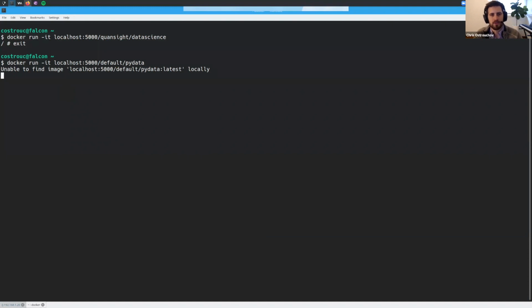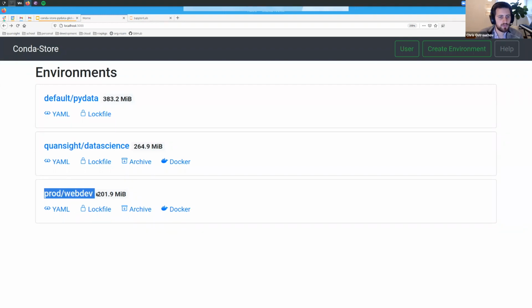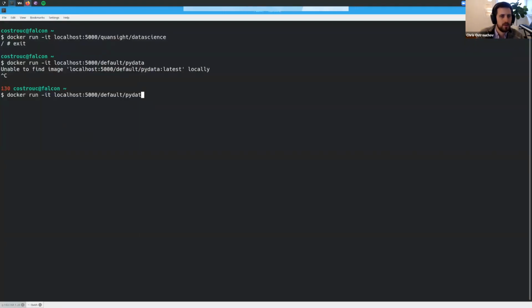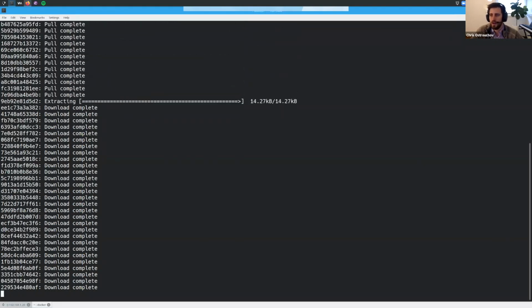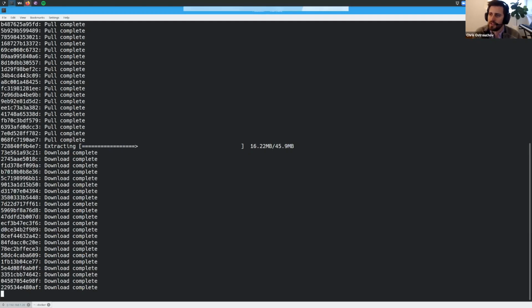And then what it's about to do, actually this one didn't have the Docker image built. Let's do prod web dev. So here we can see it started downloading all of the Docker layers. And then as soon as this is done, we'll be in a Docker image. But the nice thing here is